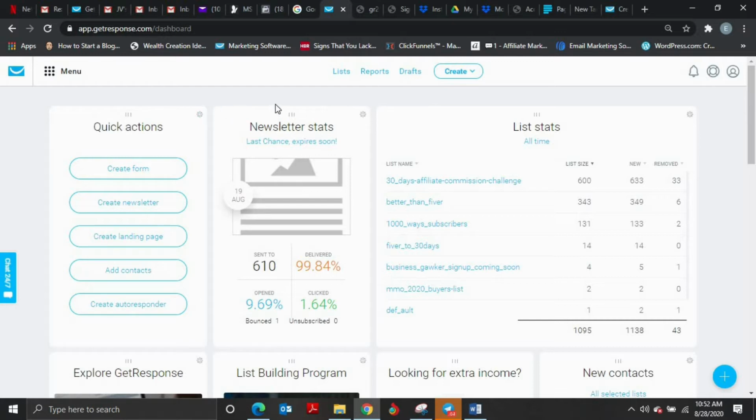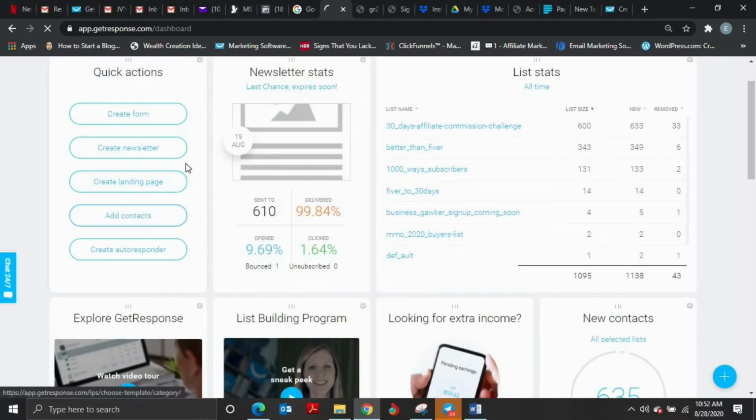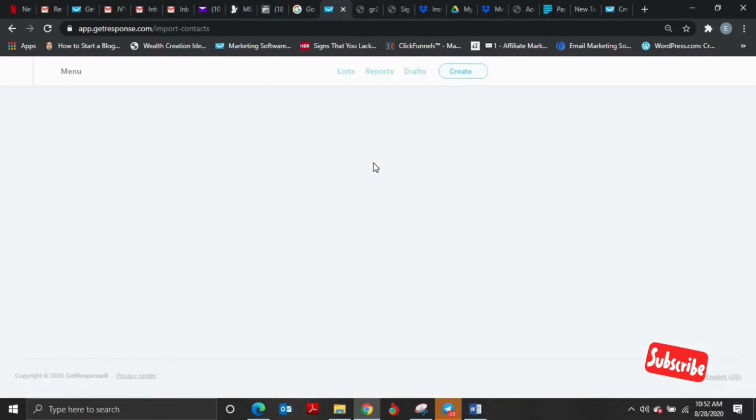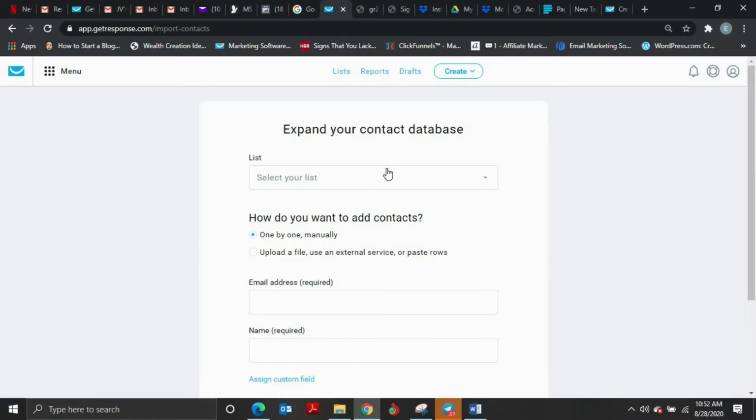Now if you signed up and you have a couple of lists of subscribers previously, all you need to do is come here, click on the add contact button, and when it's done loading, you're going to upload your CSV file or your Excel file for your contact list. Within a couple of minutes it's going to populate for you. But first you need to create a list, which is one of the first things you need to do